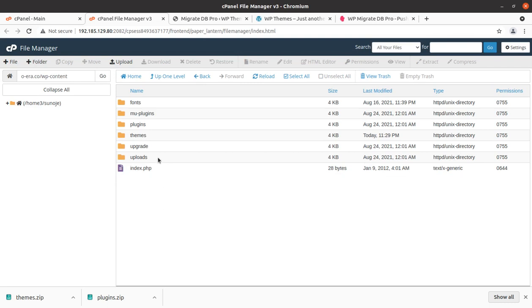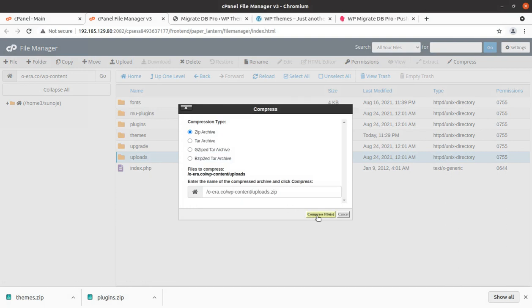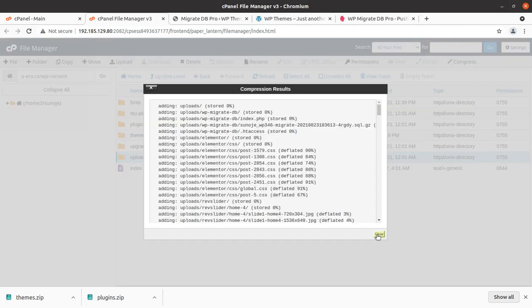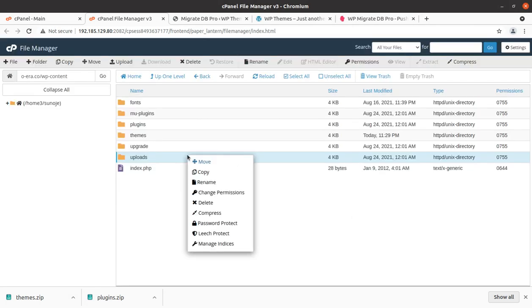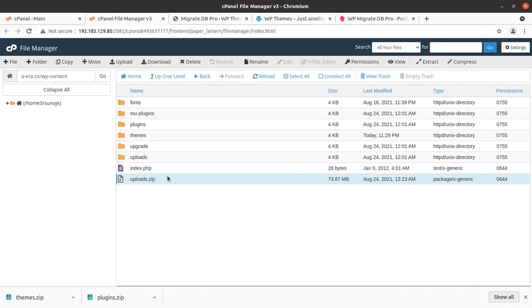Okay, great. And uploads are actually media files, so I am just compressing it as well. Compress files. And now I am simply downloading the uploads as well.